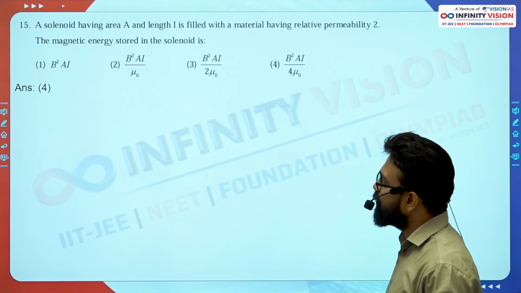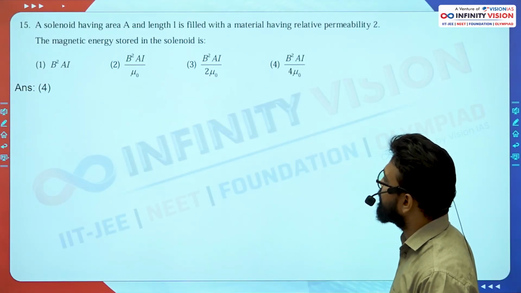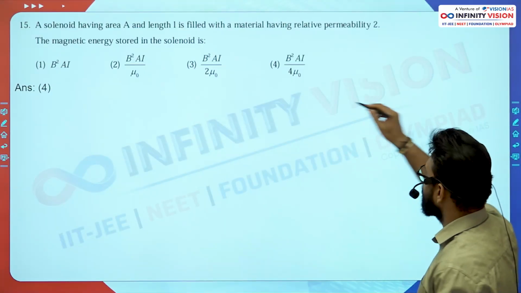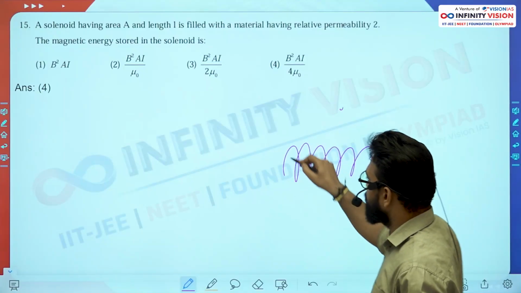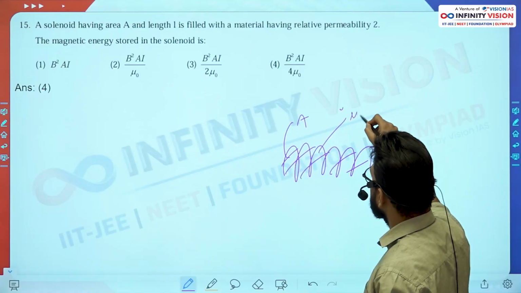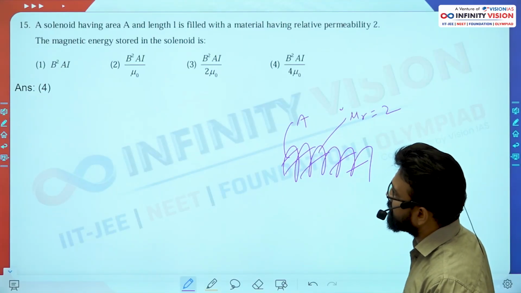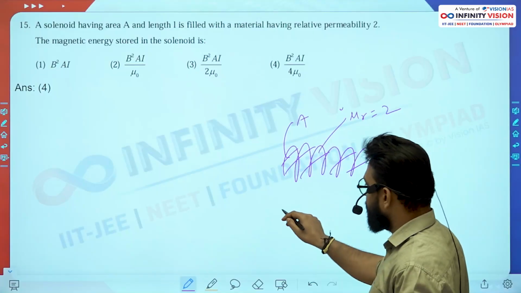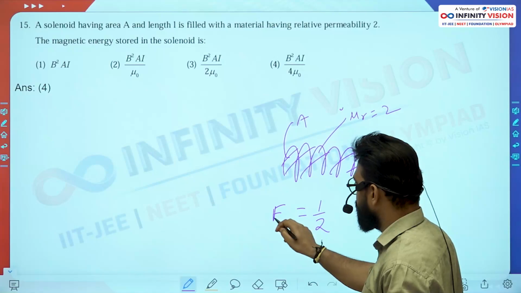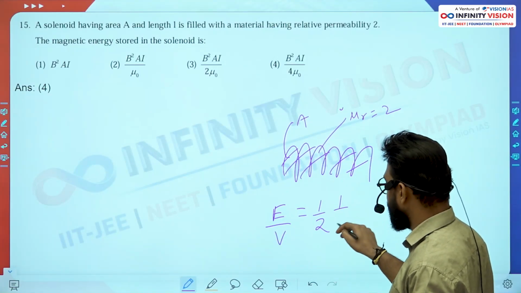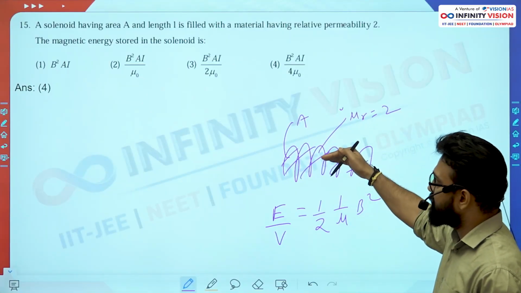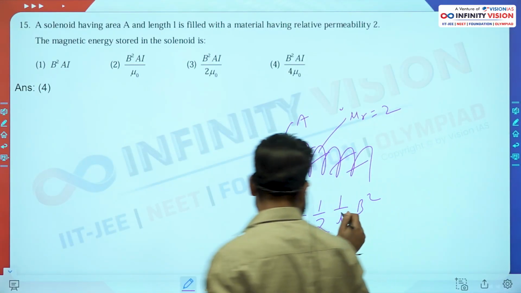Next, a solenoid having area A and length L is filled with material having relative permeability mu r, given to you as 2. The magnetic energy stored in the solenoid is asked. Energy stored per unit volume is given by half mu into B square, where B is the magnetic field inside this solenoid, and mu is